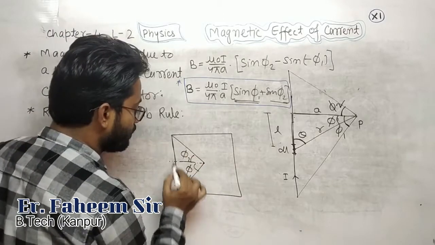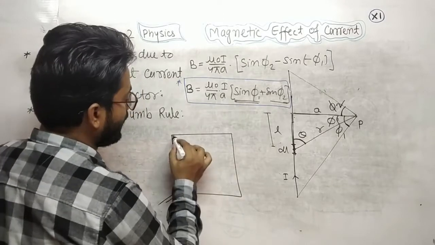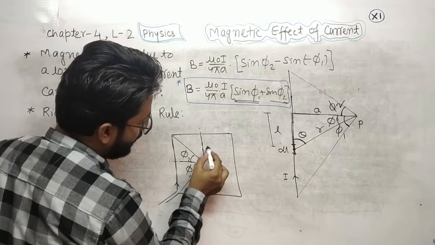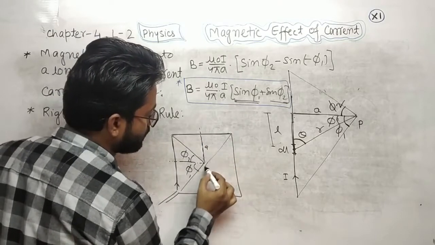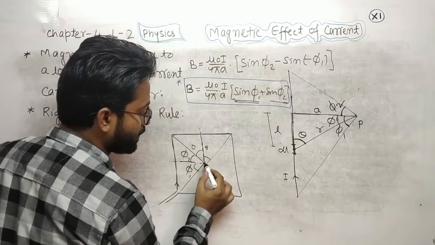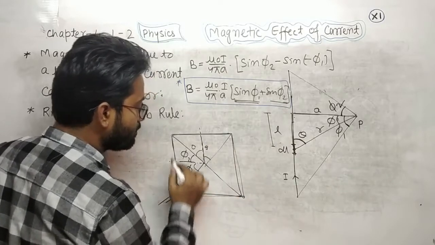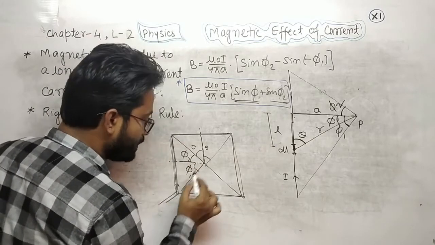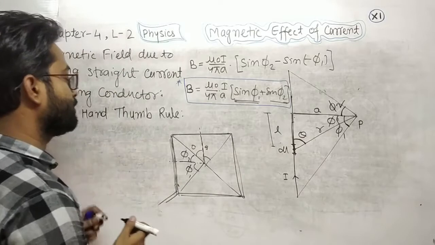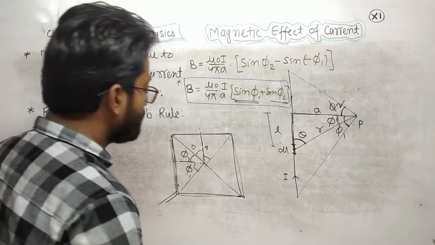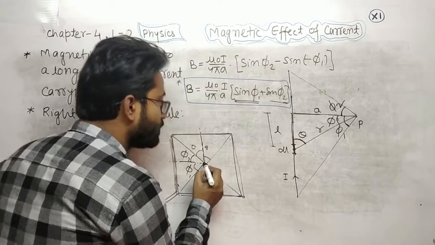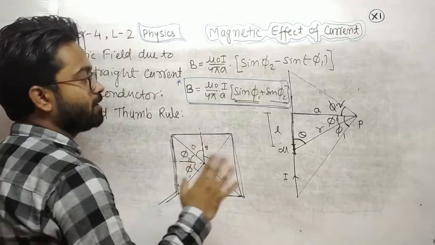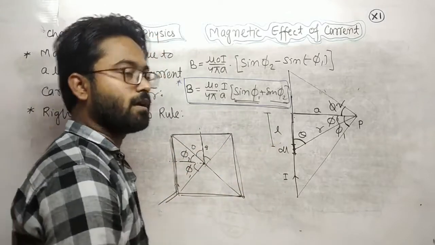Put the value of A, simple. And this wire is the same, this is A and this is 45 degree, phi 1 and phi 2 both are 45 degree. By symmetry, this is also the same. That means calculate the magnetic field for only one side and multiply by 4. But one problem is there. We can easily calculate the magnetic field at the center or anywhere from the conductor.